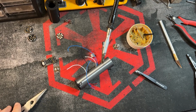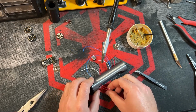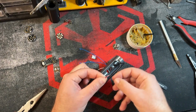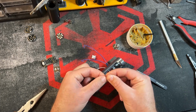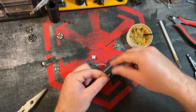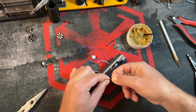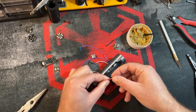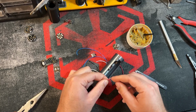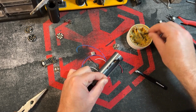Okay. Now ideally when you splice wires it's easier if they're the same gauge, but that's not the case here. But the concept is still the same. So when you're splicing two wires together, you want to line them up until they're about even with the cut marks or whatever is stripped. You're basically going to twist. You're going to make it into a braid, which is not super easy because again they are different sizes, and one will tend to wrap around the other instead of them wrapping up together. So it's not really perfect when you're doing two varied sizes like this, but as long as they're making contact,